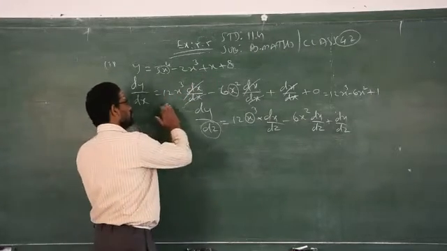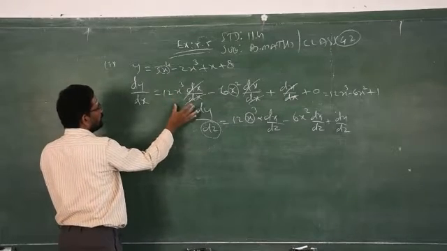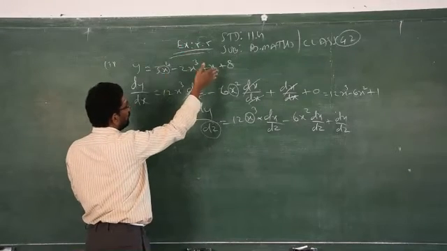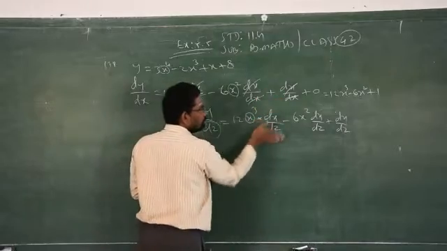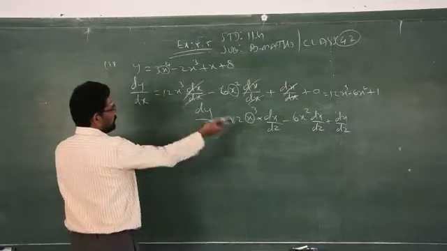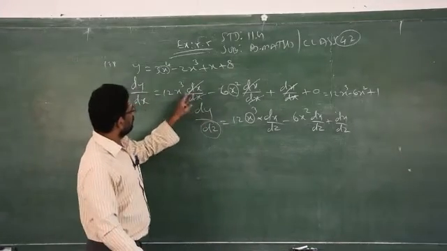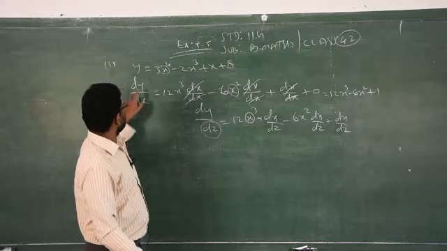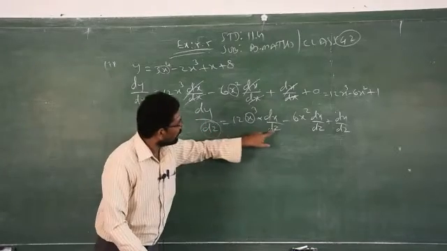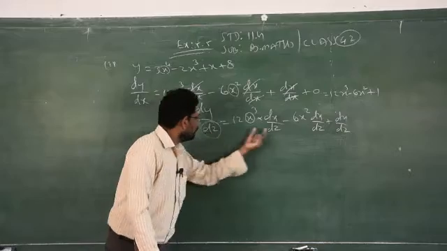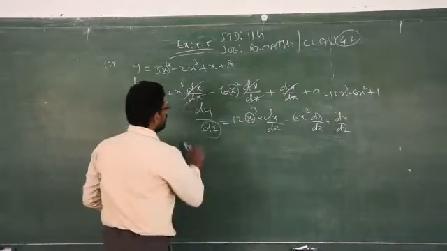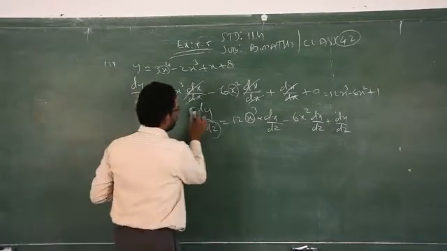Clear? So you should understand, I explained how to differentiate with respect to the same variable x, and how to differentiate with respect to a variable other than x. Both I explained. You have to keep it in your mind. This is very important. If you have some confusion, clear it. Why I am writing dx here is because I am differentiating the function y with respect to x. But here I am differentiating the function y with respect to z, so dx by dz. You cannot cancel these two, because here it is dx by dx. So don't get confused.